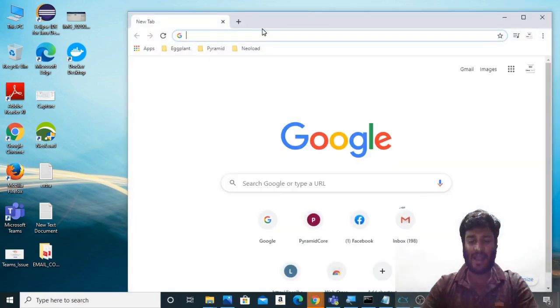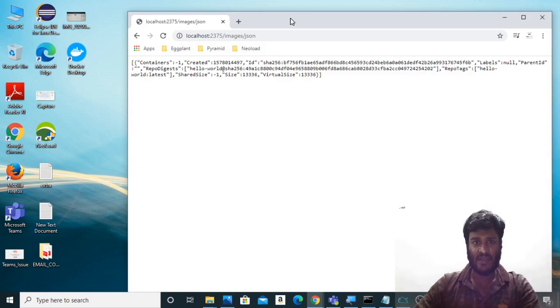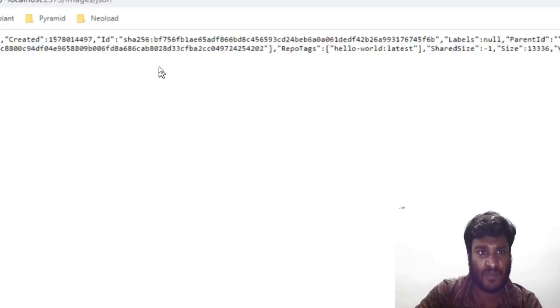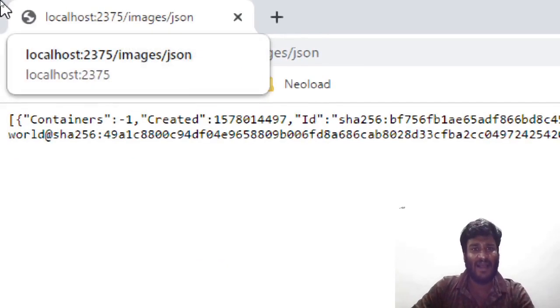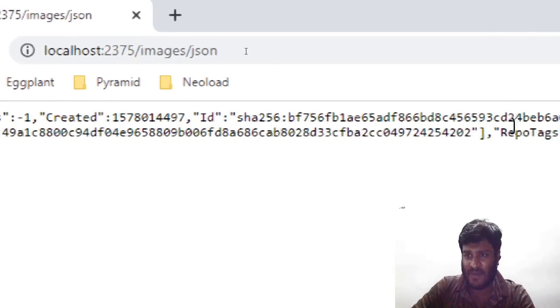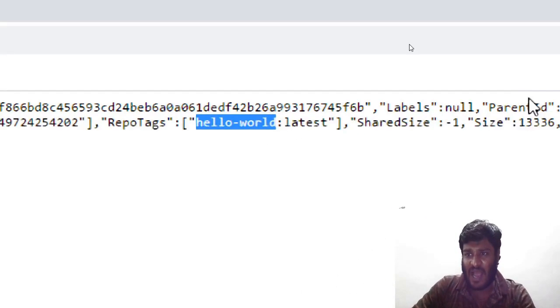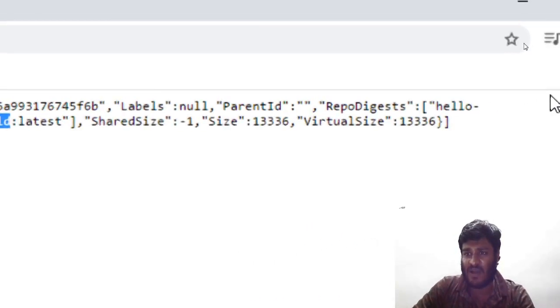Now if I say localhost, images, and json, and hit enter, you can see over here that it says we have an image named hello-world. We are getting this information in the browser.